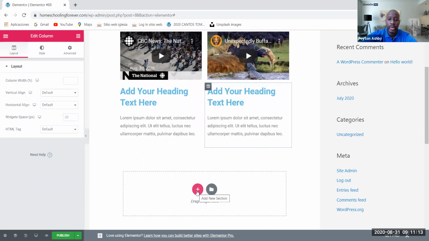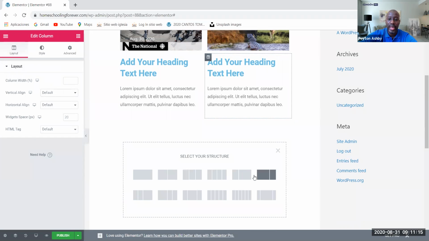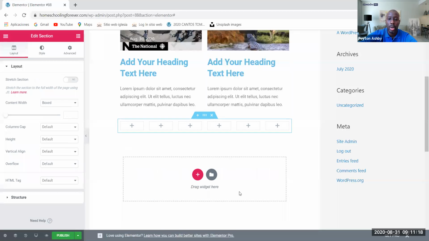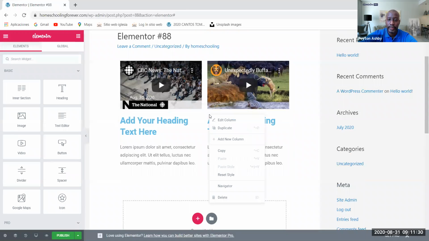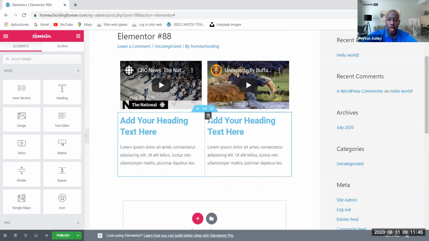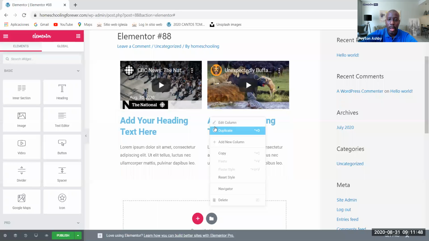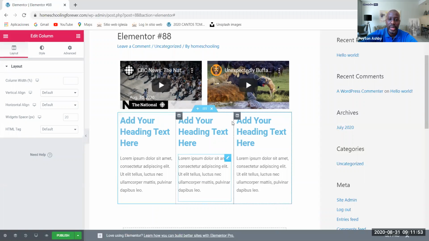As you can see, I can come here and just add the amount of elements that I want. Let's say I want all these 1, 2, 3, 4, 5, 6 elements, columns, or I can just go duplicating by right clicking on the section or on the intersection. And I can then create different columns. So let me just go ahead and do that again. I'm right clicking on the intersection and I'm going to select duplicate. So now I have 3 equal